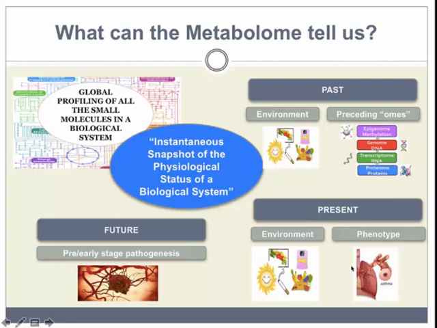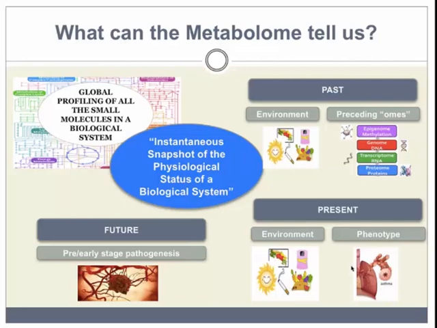What is happening right now? Did we just smoke a cigarette? Did we just eat a huge piece of cake? Did we just run a marathon? And what are our disease processes at this moment? Do we have heart disease? Do we not have heart disease? Are we in the middle of an anaphylactic response? But probably in many ways for us and in studying diseases, one of the things that we're most interested in is can this predict future development of disease? And can this give us some insight into the early stages of disease pathogenesis?